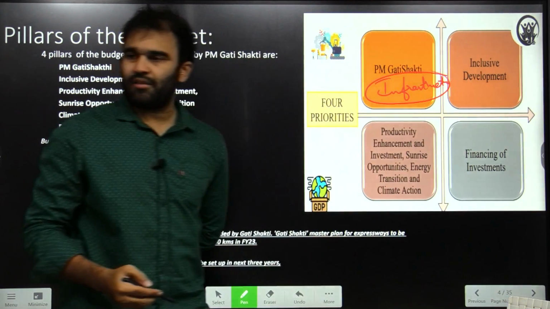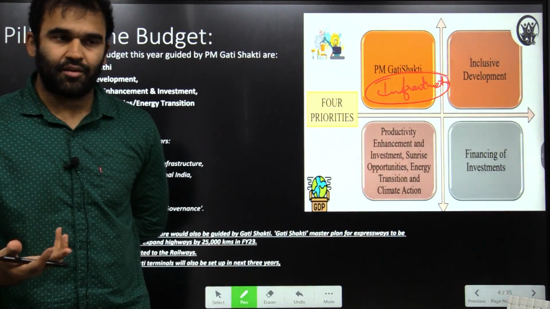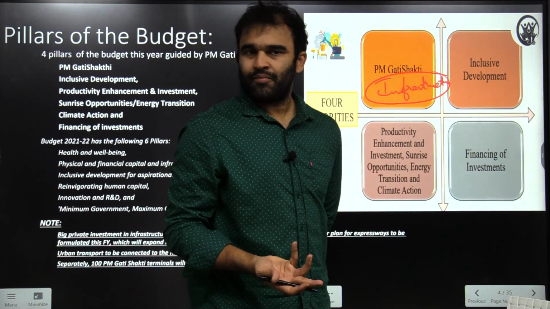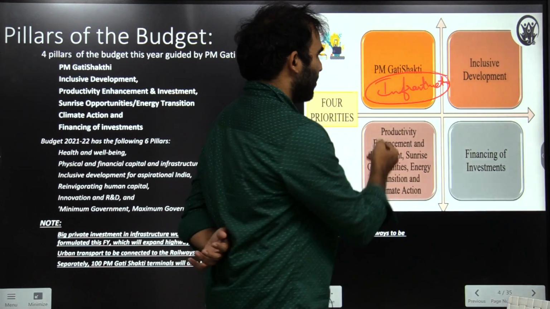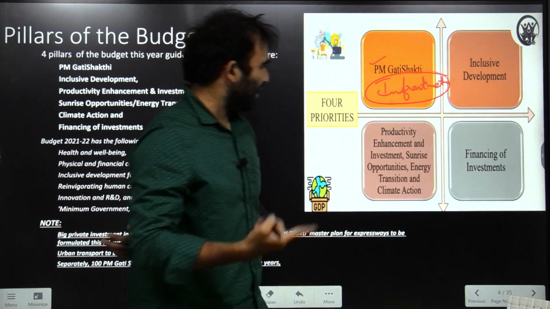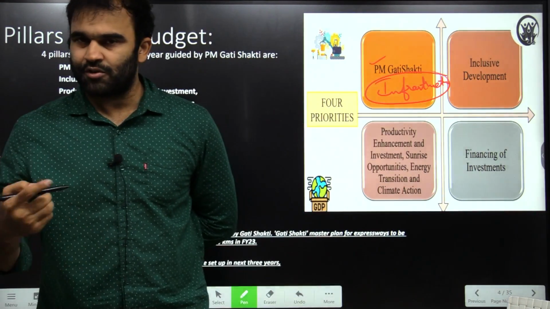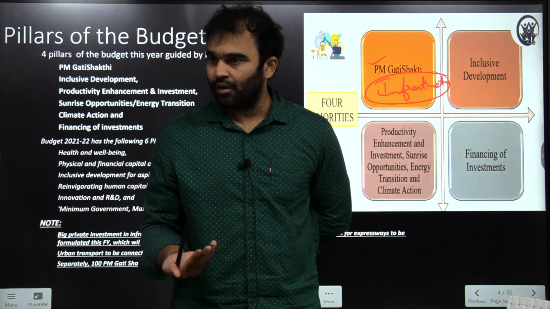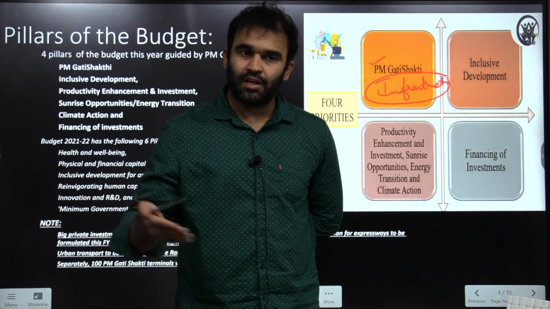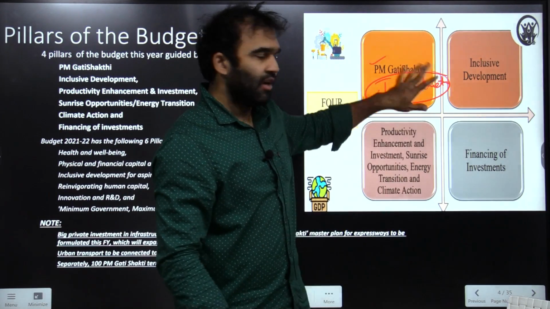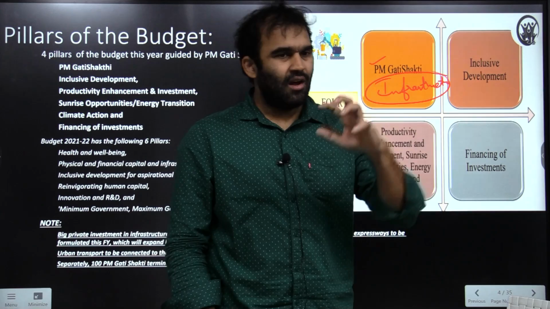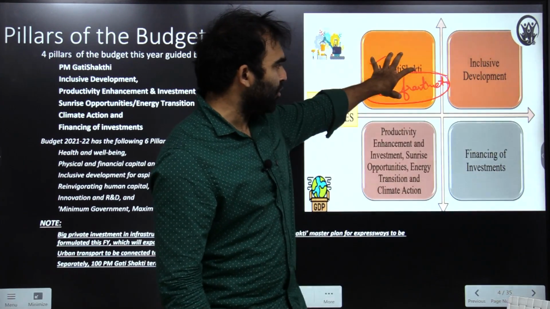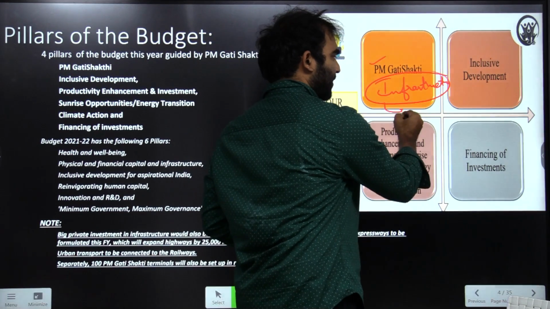Infrastructure. In fact, this government has a very lofty target of investing around 100 lakh crores. So this is one thing that you will frequently be coming across. Most of the investment measures that the government is going to take up for the next 3 or 4 years, all of them will fall under this. And when we are talking about infrastructure, it is all kinds of infrastructure. Particularly in this specific scenario, we are talking about the hard infrastructure.